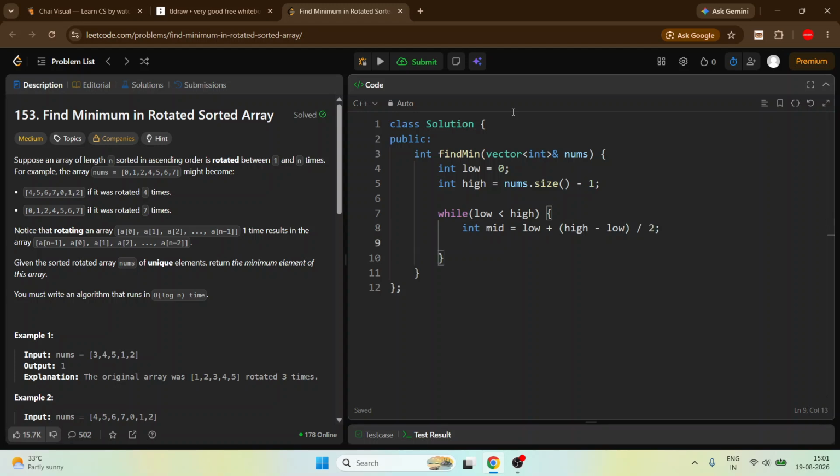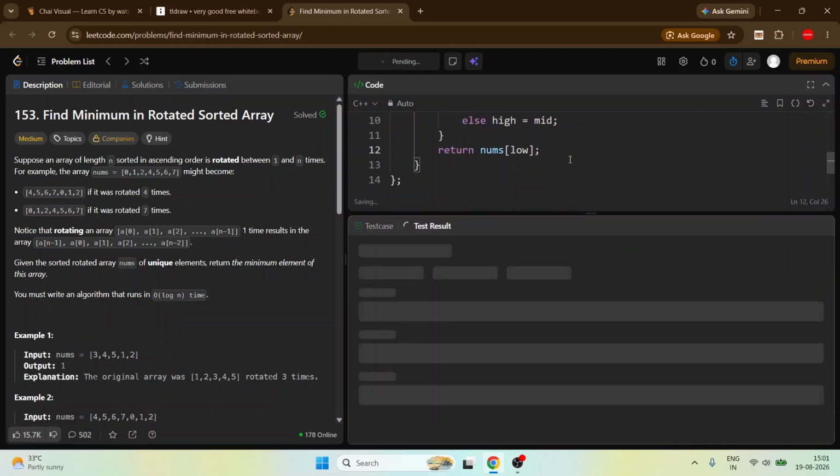Simple. Now check the condition. If nums of mid is greater than nums of high, then this low will become mid plus 1, and if it is not, this high will become mid, and at the end simply return nums of low.